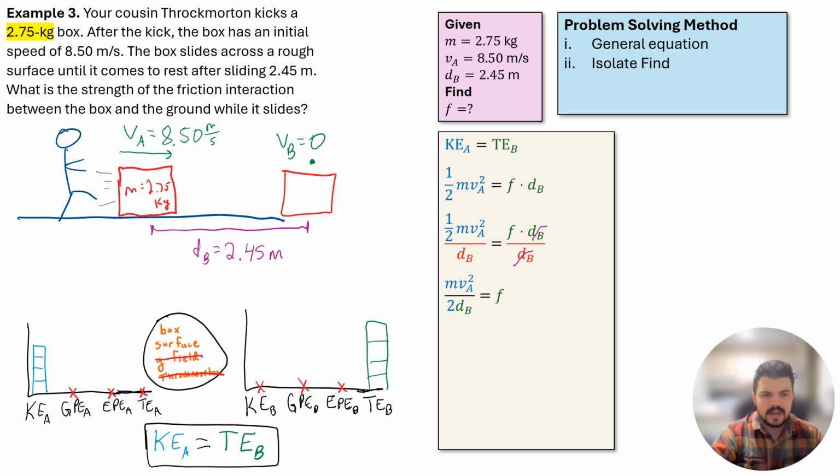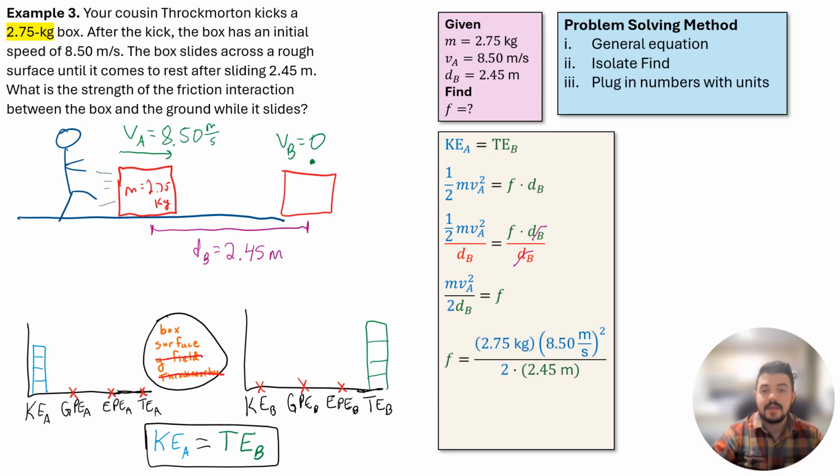Cool. Now wait, is that it? Is that all I have to do? The thing I want to find is by itself. The other side of my equation, mass, speed at A, and distance at B are all in my given information. So I have indeed written my find in terms of the givens, which means I'm finally ready for step 3,